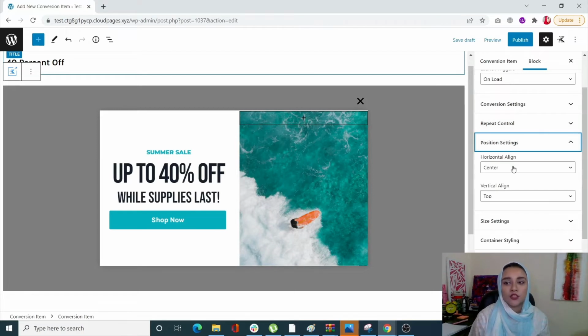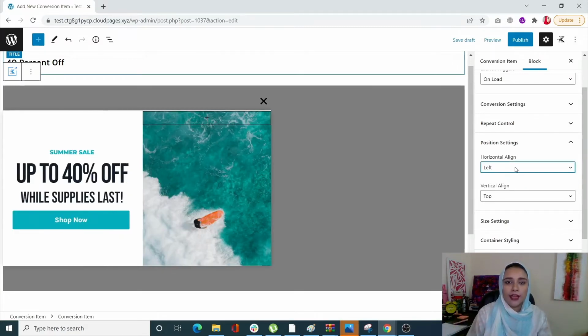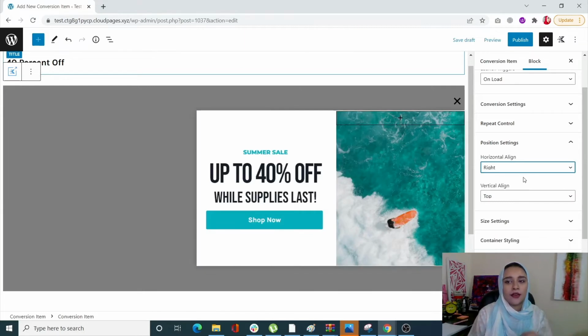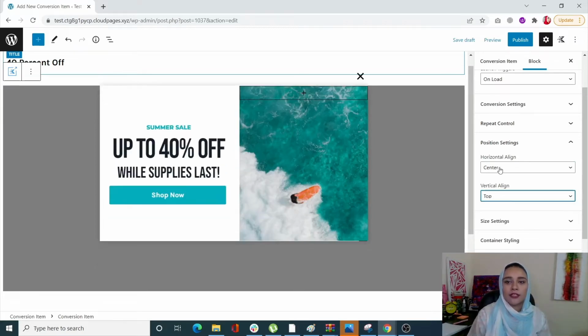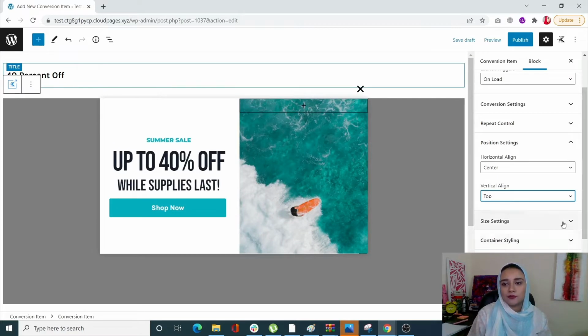Next is position setting. So where do you want your pop-up to appear? I want it to appear at the very top of the page and in the center. I can have it on the left, I can have it on the right, but I want it in the center, and I want it in the top, or I can even have it in the middle of the page, or I can have it at the bottom. So I'll have it center, top. Once I'm happy with that,